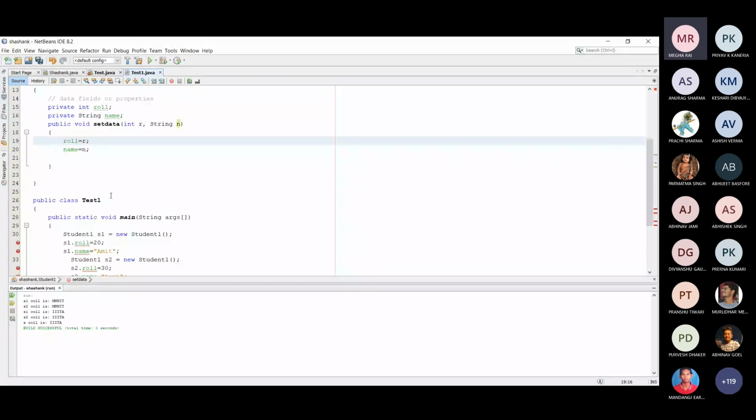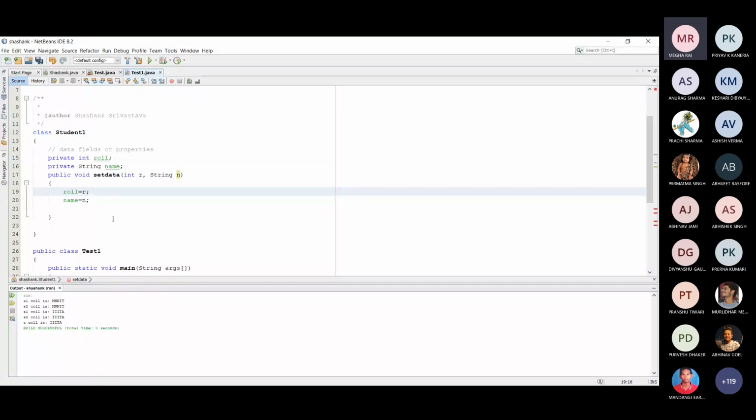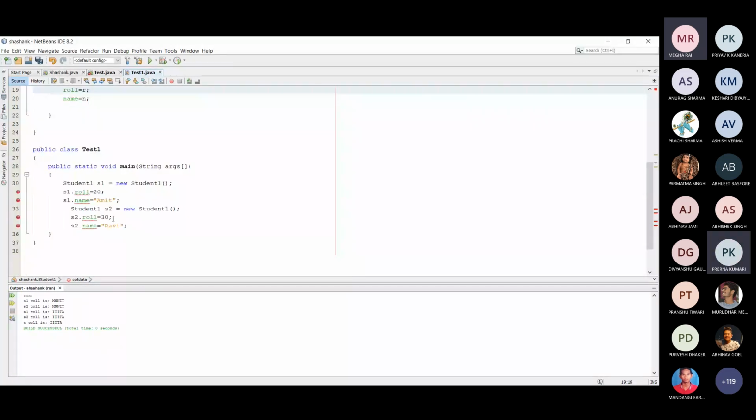After the creation of the method setData, how can we initialize roll number and name of the objects referred by s1 and s2? I comment out these two lines because we cannot access roll number and name directly, since both are private variables.